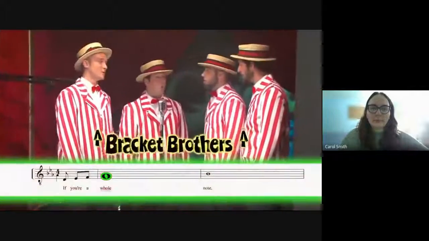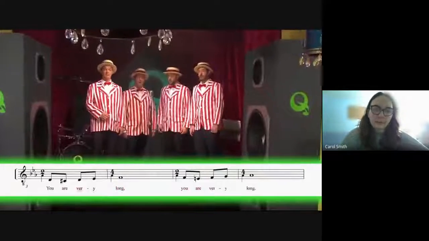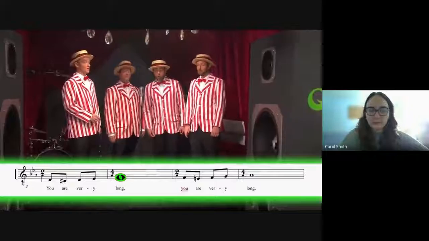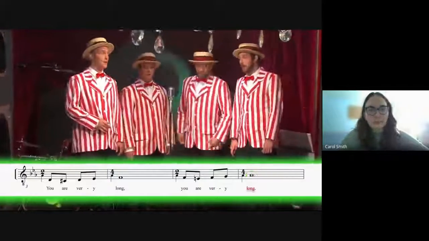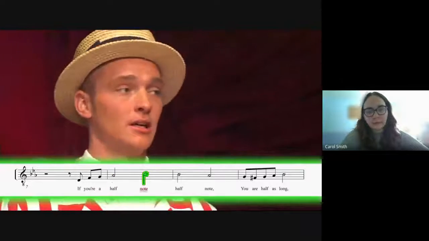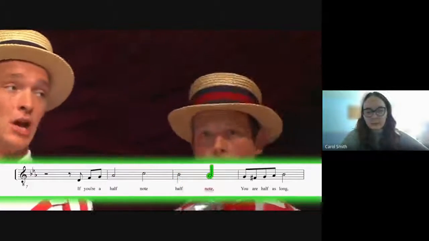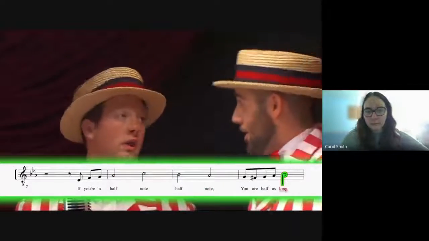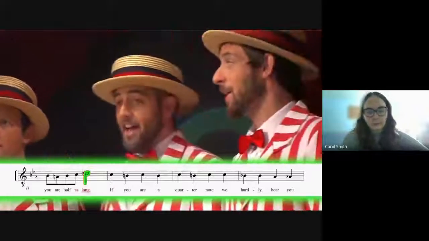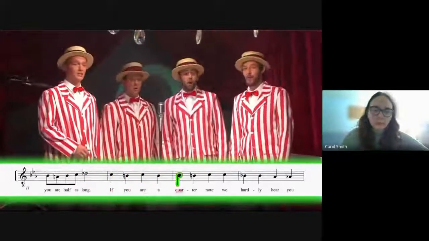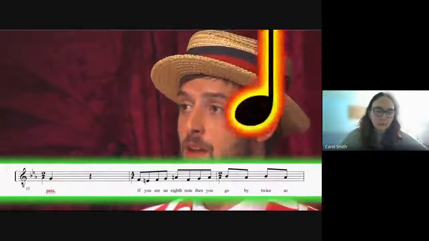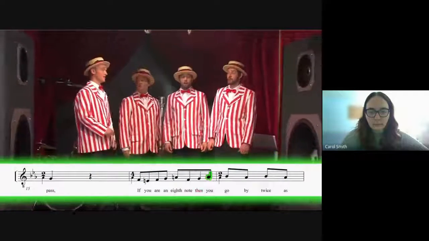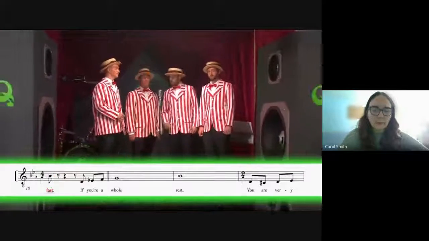If you're a whole note, you are very long. If you're a half note, you are half as long. If you are a quarter note, we hardly hear you pass. If you are an 8th note, then you go by twice as fast.